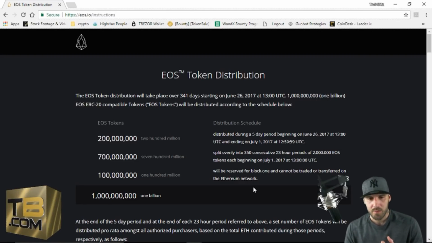I am doing this video because somebody requested it. I have done one EOS token registration tutorial before. This is going to be another one. This is going to be how to do it with MetaMask and using the official token registration on the EOS.io